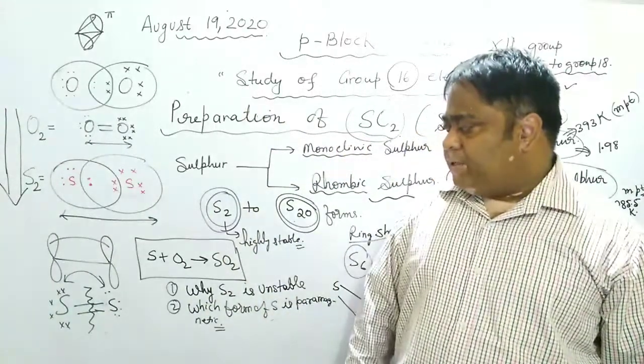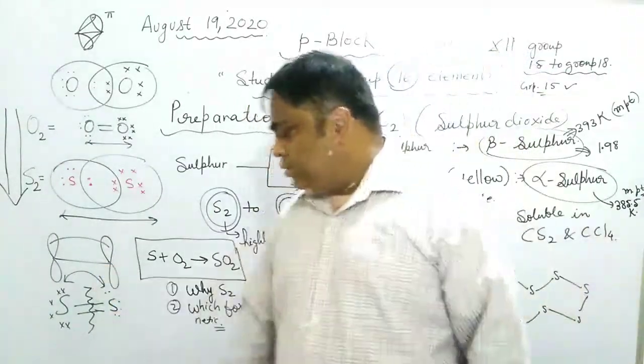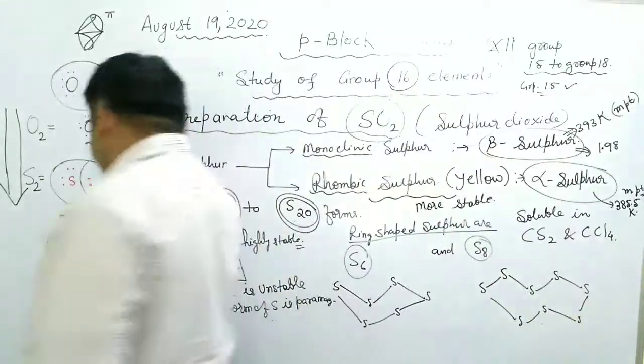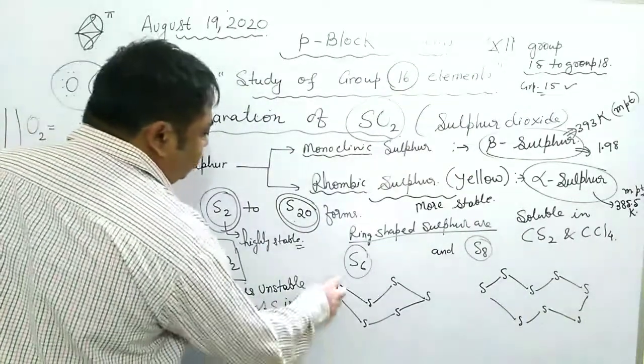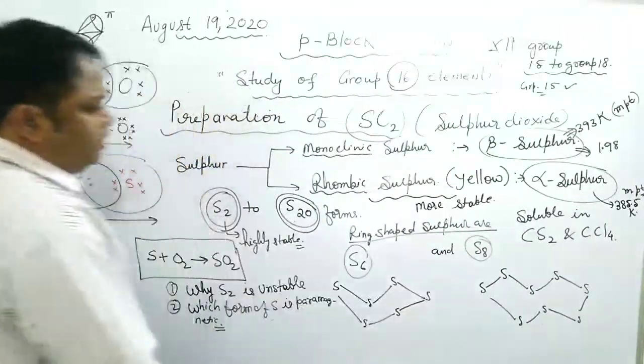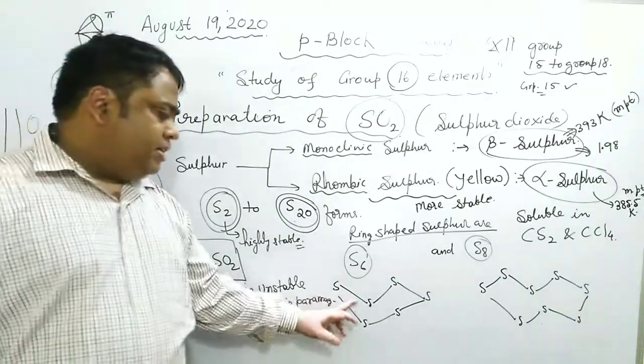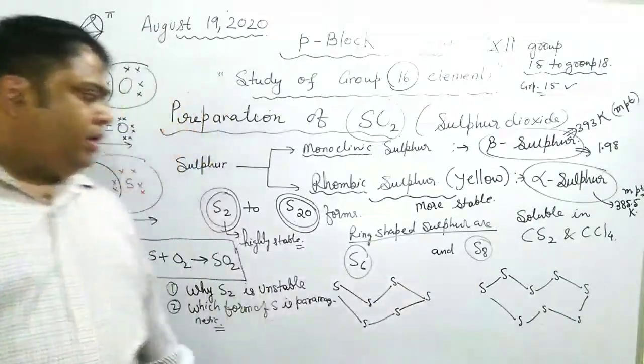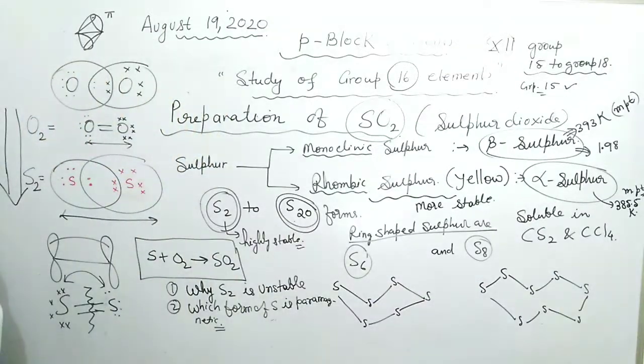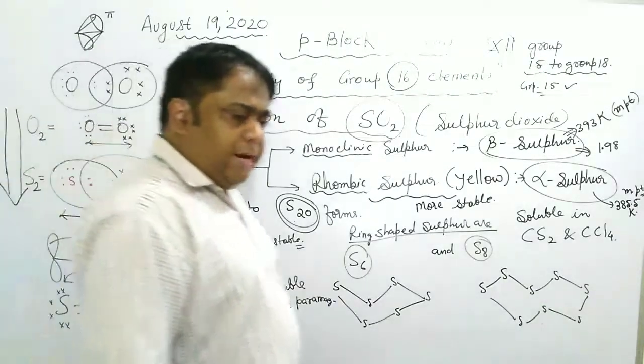As a result, the bond becomes weak. So it would prefer to form bonds with adjacent sulfur atoms. See, here also divalency is satisfied. Here also divalency is satisfied. Okay. So this was about preparation of SO2, O3 and O2. I will not make it bigger because I want to